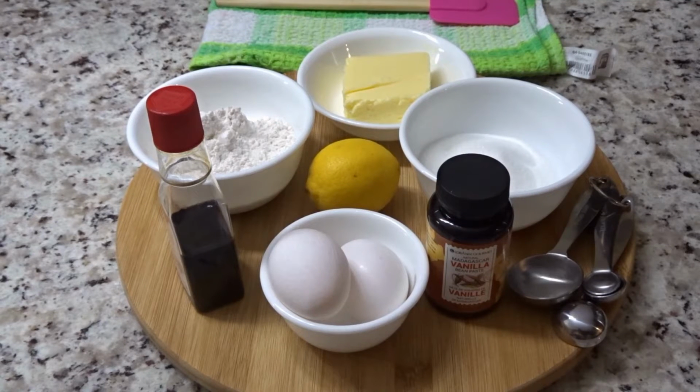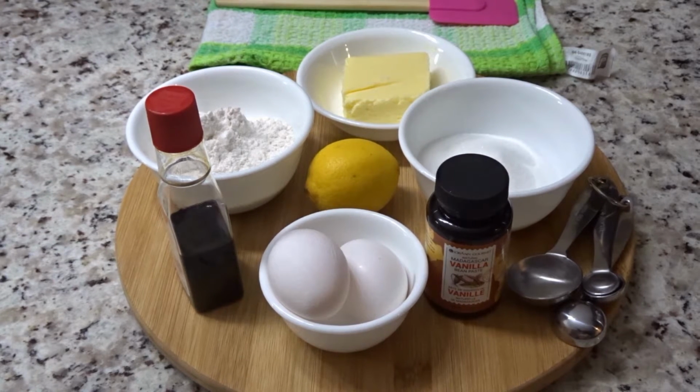Guys, welcome back to Queen G's Recipes, and today I'm going to be showing you how to make cat tongue cookies. And they are actually called cat tongue cookies because of their shape. They're supposed to resemble the size of a cat tongue. And I'm going to go over the ingredients we will be needing, which will be very few but very important